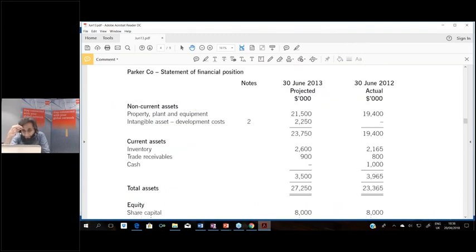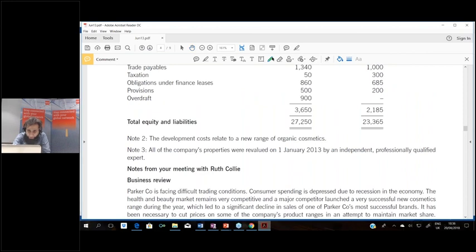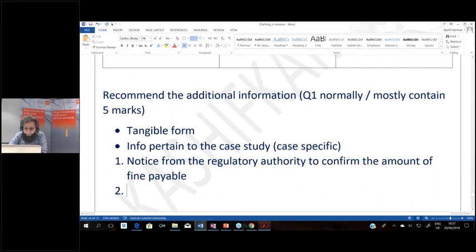Okay. The development cost relates to a new range of organic cosmetics. I'll be thinking, if I'm an auditor and I go to a company, what sort of information will I be needing for the development cost? The company has incurred a development cost. So if the company has incurred a development cost for a new range of organic cosmetics, I'll be needing information like the feasibility report